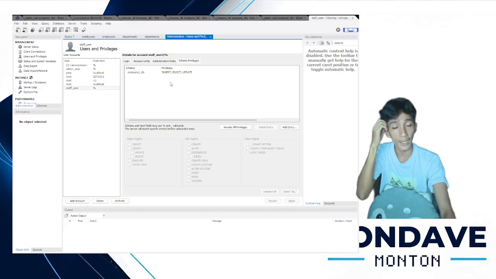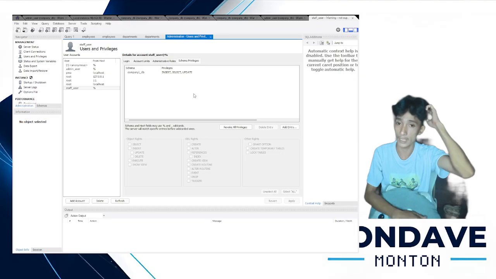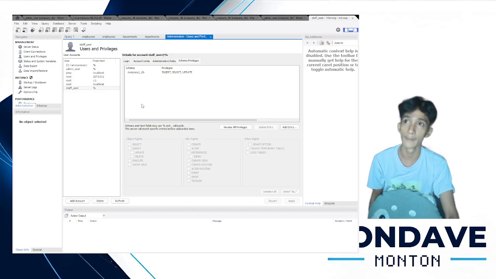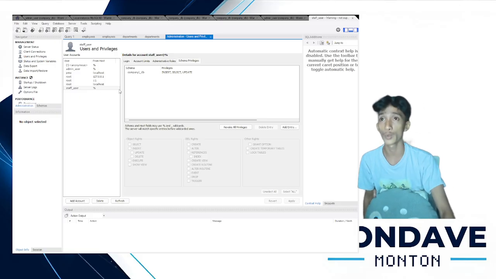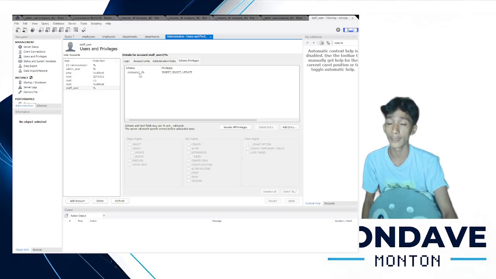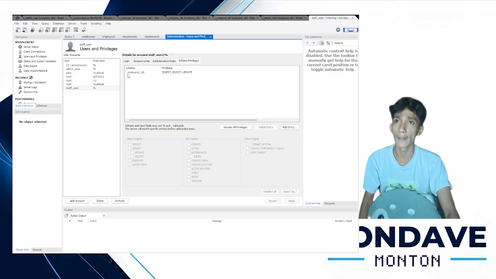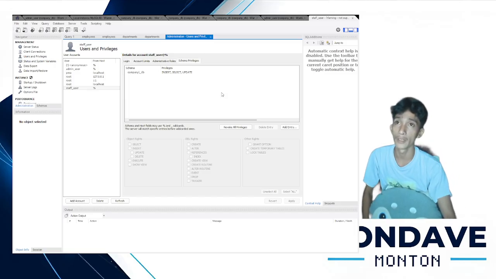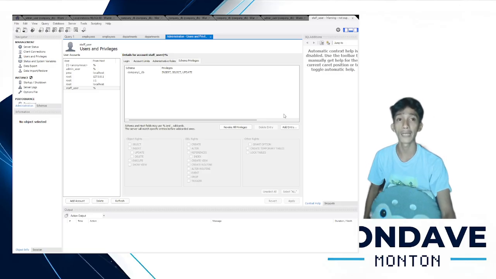This privilege is essential because our aim for the staff user is to limit the privilege in the company database. So it has insert, select, and update, but no delete.